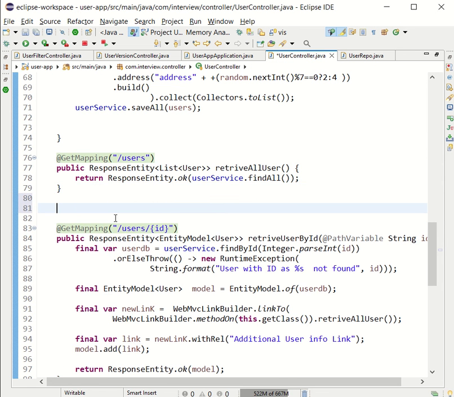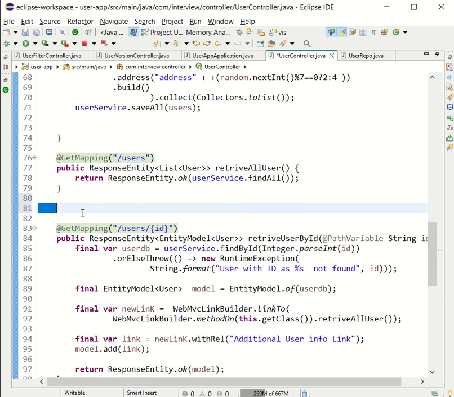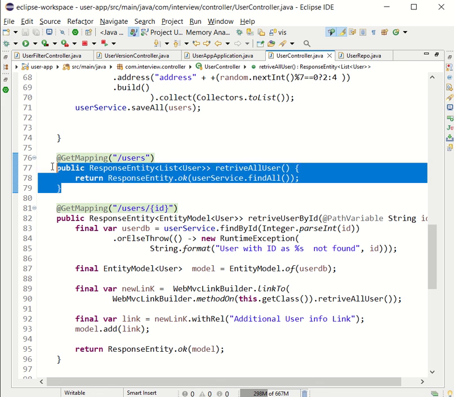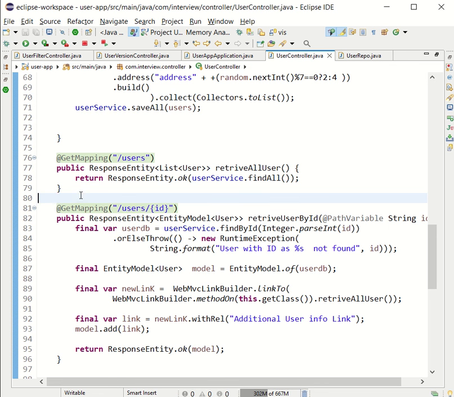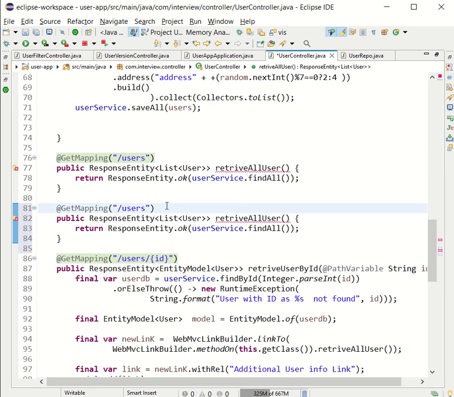I can just say get mapping, because I cannot create the same type of it. Get mapping is now being versioned. In that way, we are using the concept of version as well. v1 slash, retrieve all users